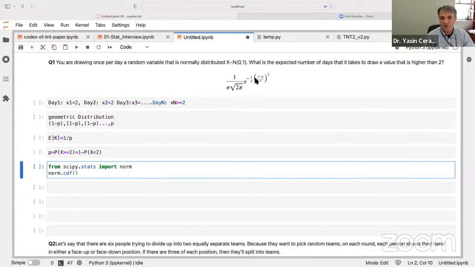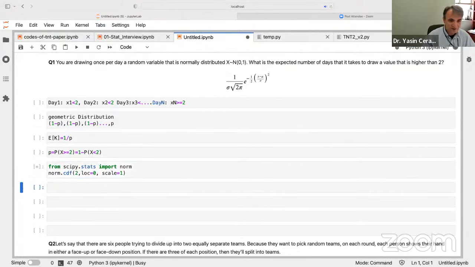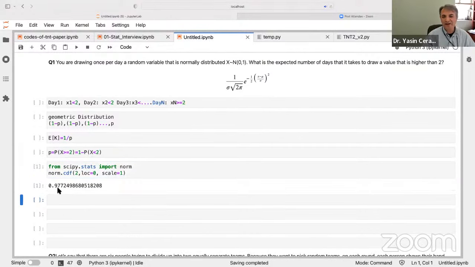So this is a standard normal distribution with 0 mean and standard deviation 1. So let me just insert it: 0 is the mean value, and the scale is the standard deviation, and I'm going to put the point up to which I will calculate the area under this curve. Okay, so let's see what it is. It should be a high number, because remember the center is 0. From 0 towards the left, it's 0.5, because that's half of the distribution, right? And then 2 is towards the end of the tail. So I expect some number pretty close to 1, actually.